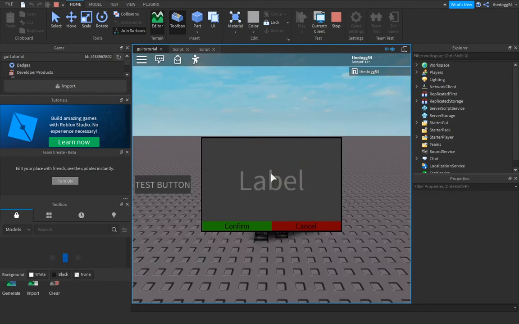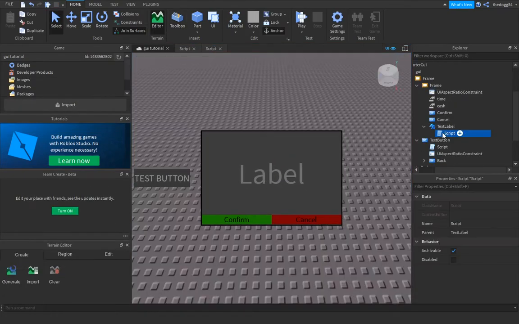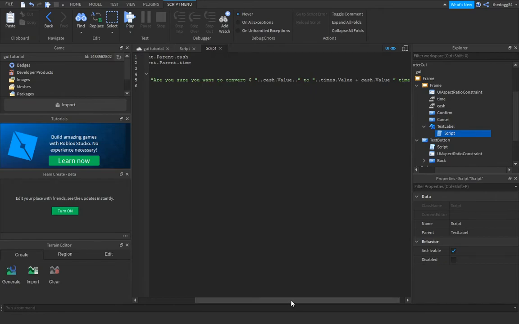Yeah. Are you sure you want to convert cache? But I named them something different: cache not value and time not value. Text equals